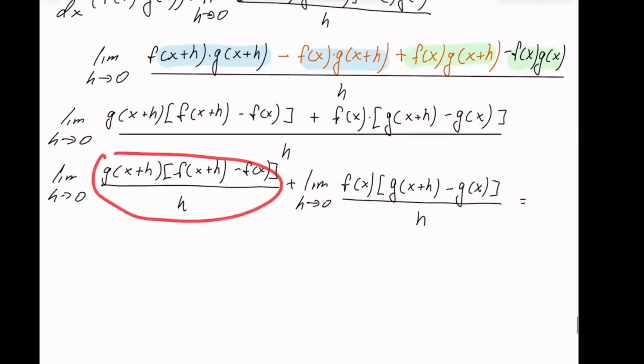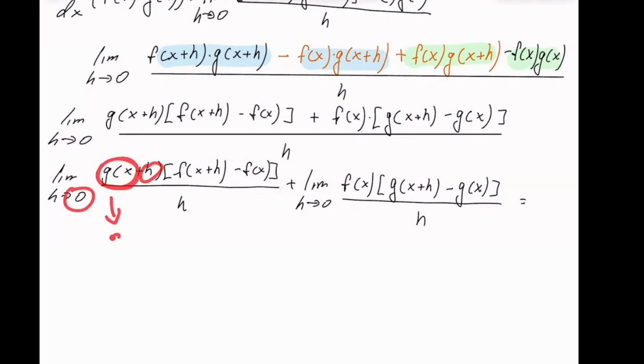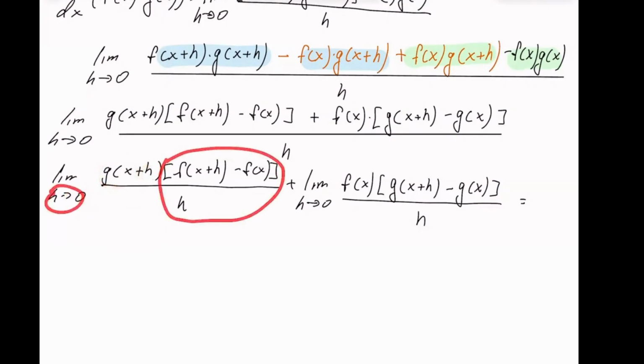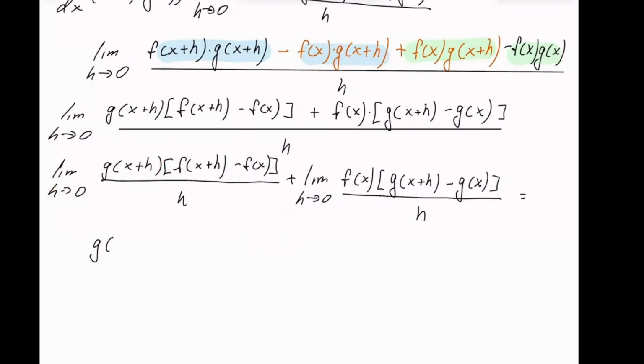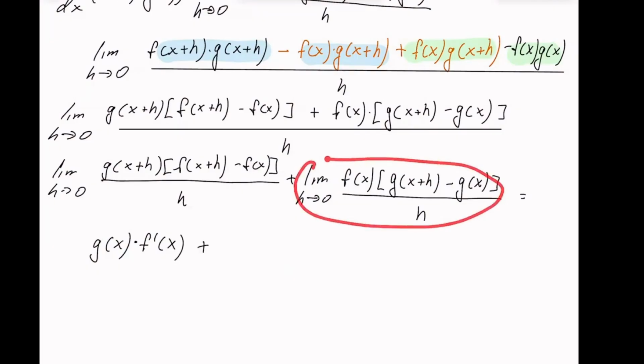Now let's look at this first limit separately, and if h goes to 0, this will approach just g of x, right? And if h approaches 0, this portion will approach f prime of x, right? So we can write it as g of x, and h will be approaching 0, right, times f prime of x plus. Now, if we look at the second term separately, this one has nothing to do with h,